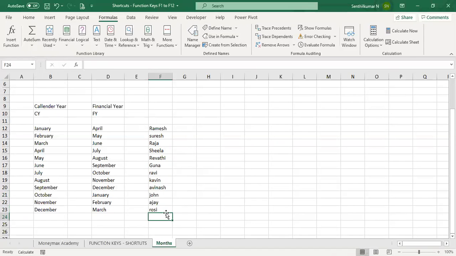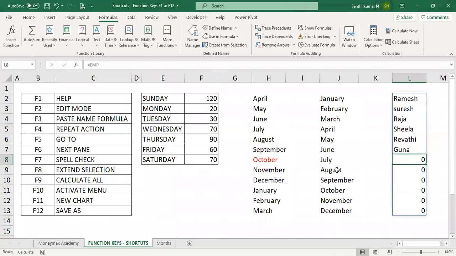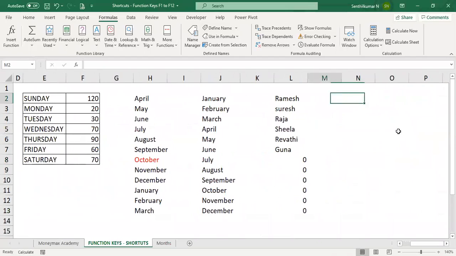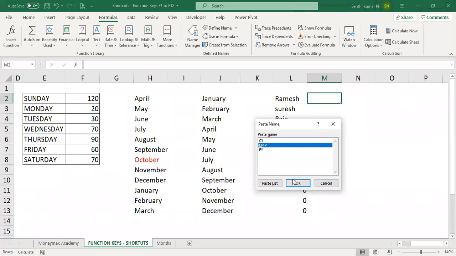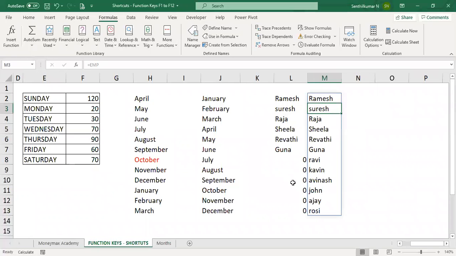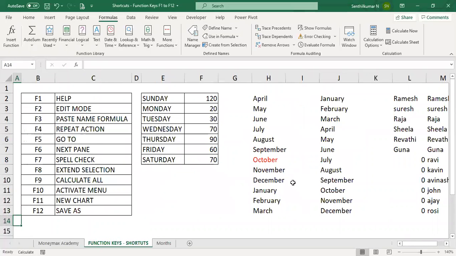So you have increased the name list. Automatically you delete this, go and press F3, select the EMP list, and get the answer. The entire name list will be displayed. Okay, friends, so this is the use of the F3 function key.